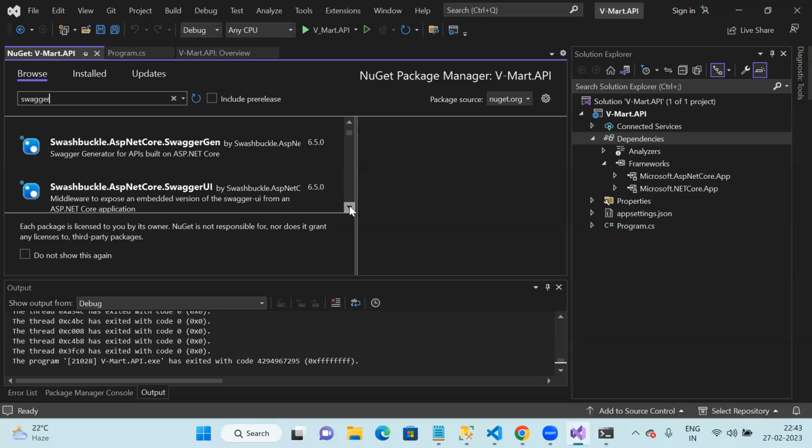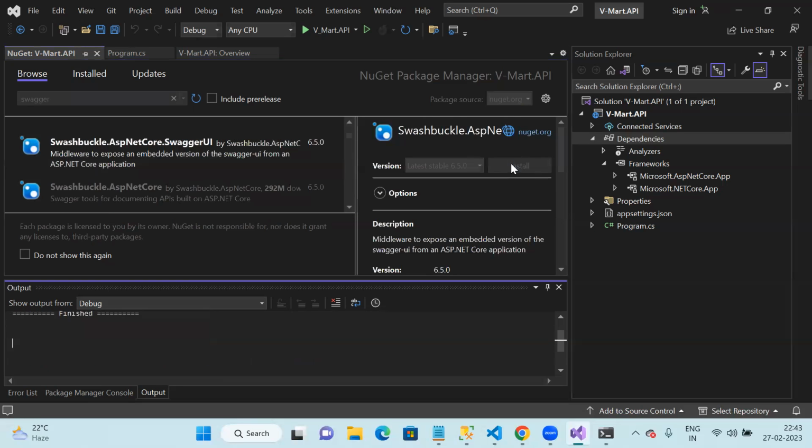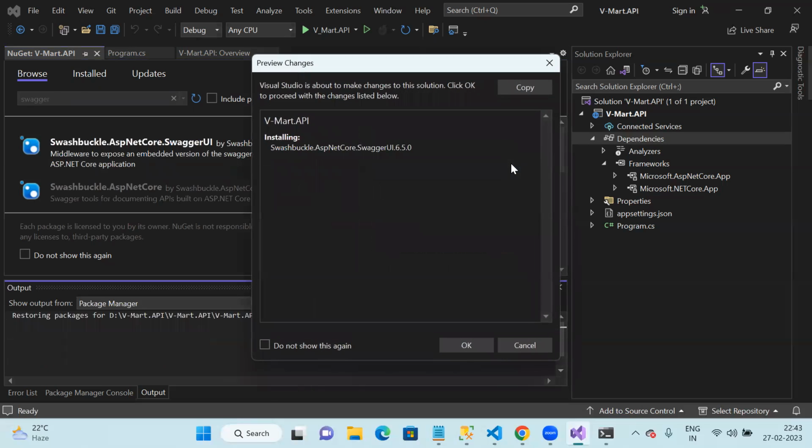So, see, we have this UI. Let's install this, and once the installation is completed,